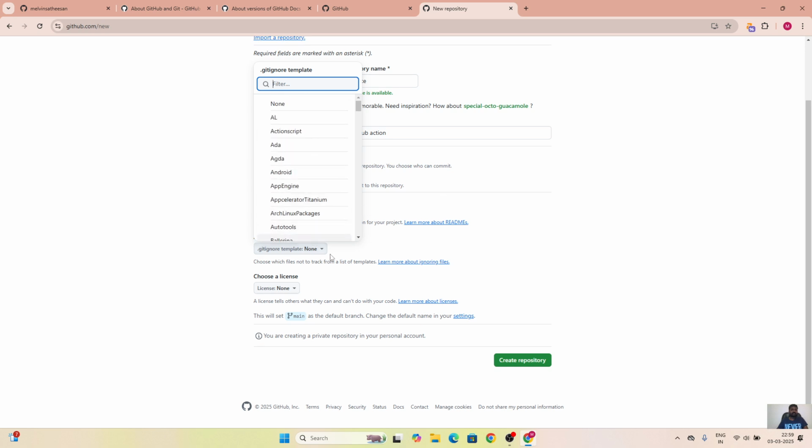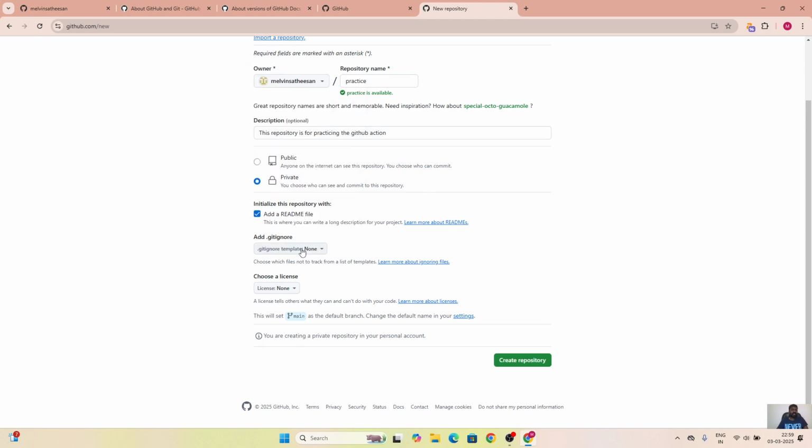For example, if you mention .env or some password files inside this .gitignore at the time of coding, then what will happen is when you push your code to the Git repo, these files will be excluded so that we will not be exposing our sensitive data or critical credentials